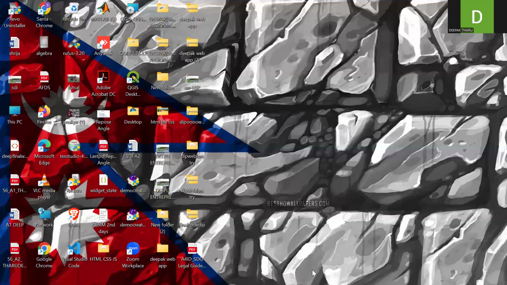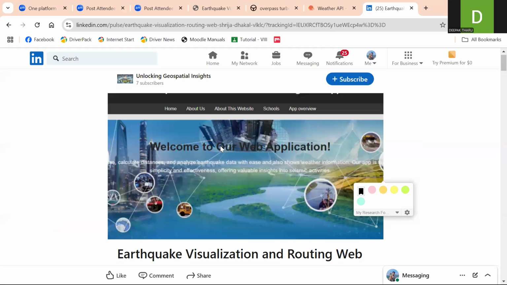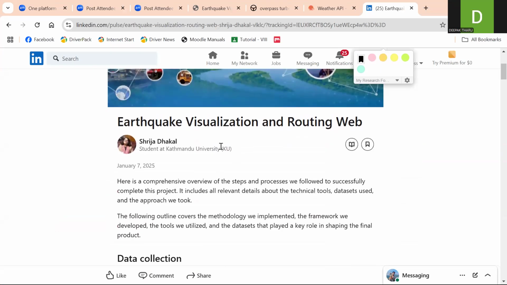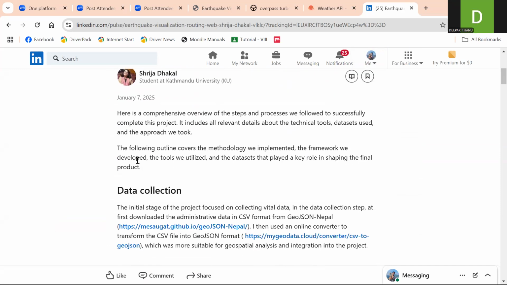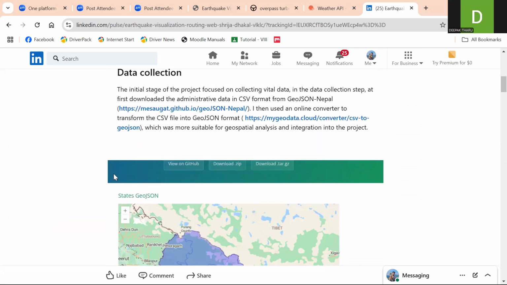So now let me show you step by step. As I have already posted in the newsletter how we did this project. Our topic is earthquake visualization and routing web map. Talking about the first step, it is data collection. At first, we took the CSV data format